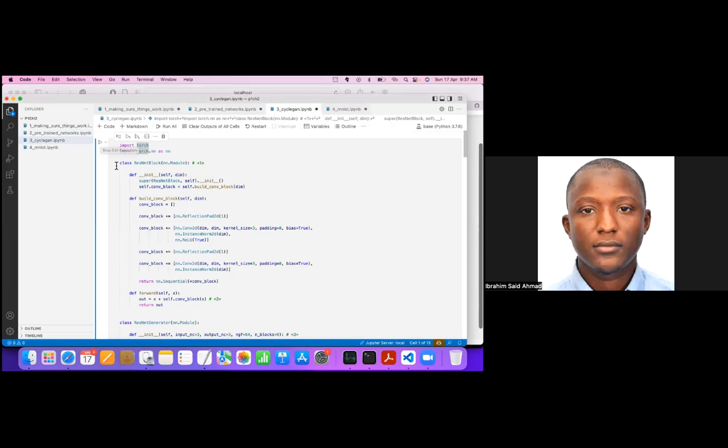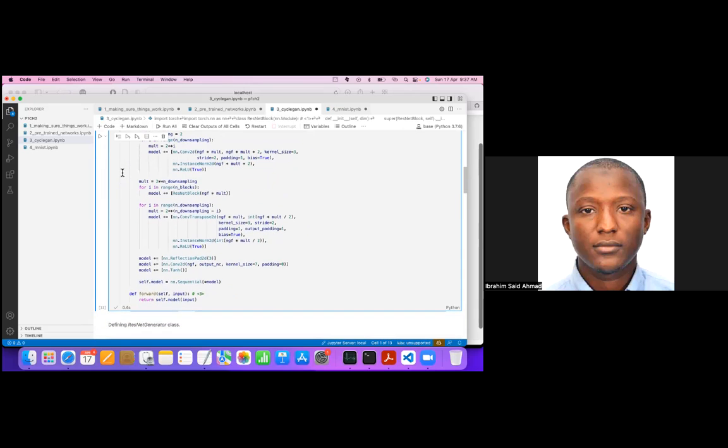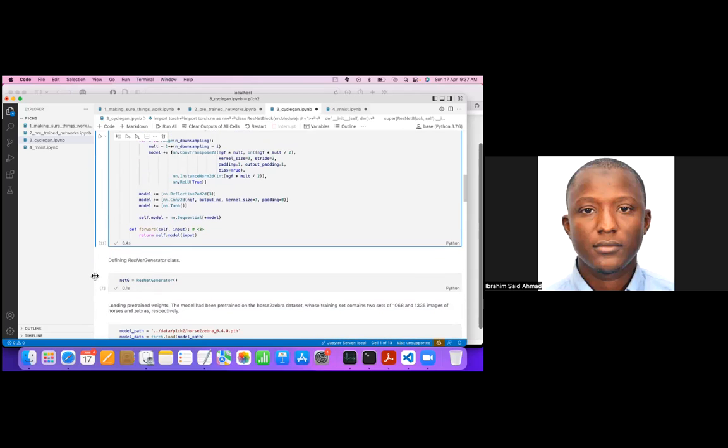So we are importing and initializing. When you run this, we are just defining the ResNet class. When you run this code for the first time, it will download a number of things that you have to wait for. I've already run it. So we are defining a new ResNet generator,